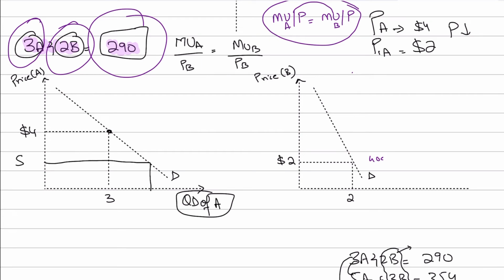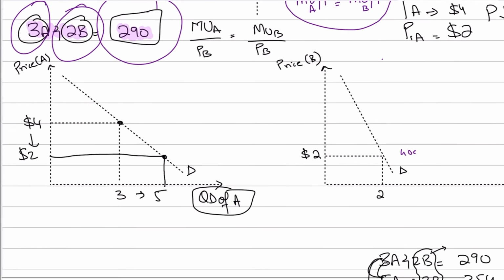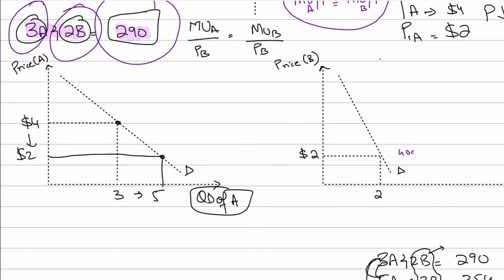So if the price of good A goes down from $4 to $2, the quantity of good A goes up from 3 to 5, right? So now he's ended up buying 5 units, and simply again we can say that the Equi marginal principle results into an optimum bundle, because of a fall in price resulted into a higher marginal utility per dollar. And basically you write in the exam that a fall in price resulted into a higher marginal utility per dollar,